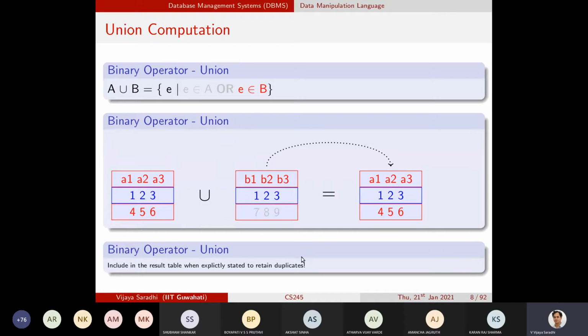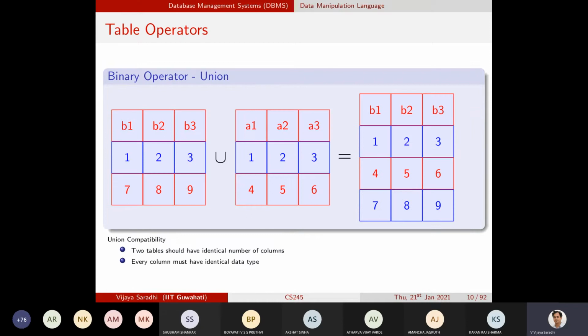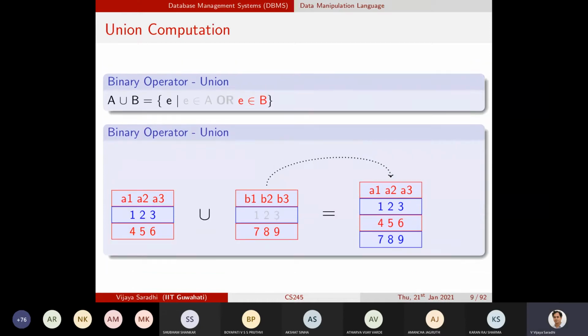And please note, very carefully, what is the table that gets created and what are the names of the columns. That is very interesting.